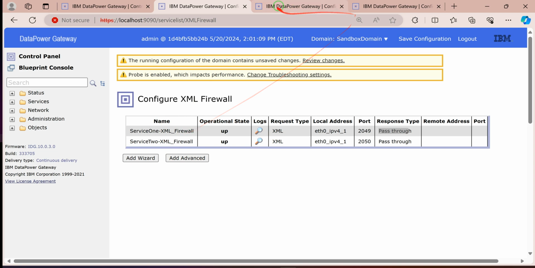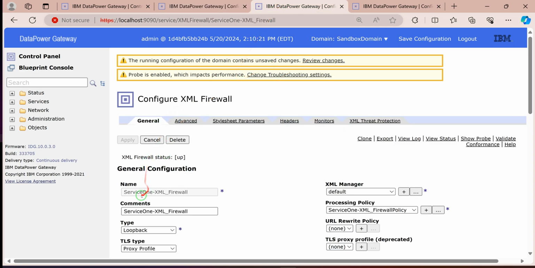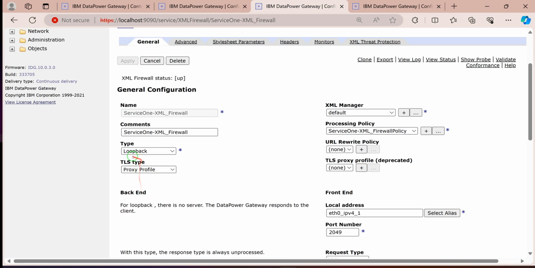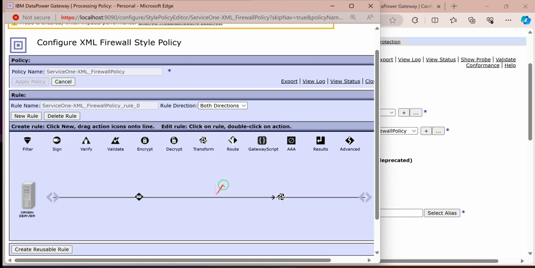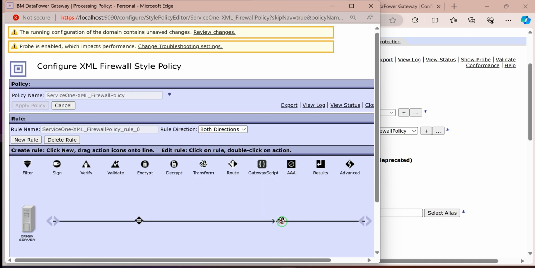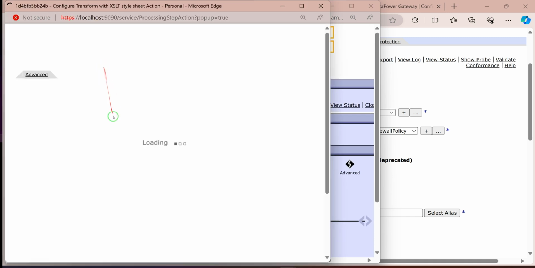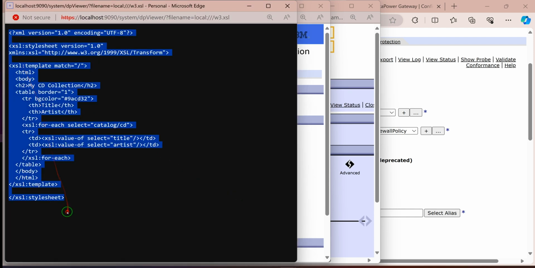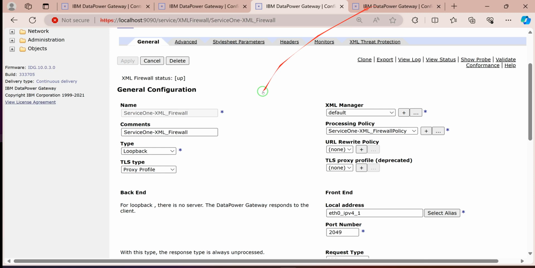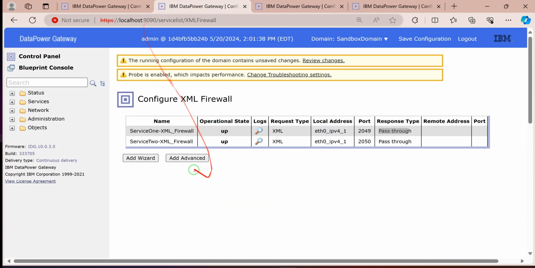If you open one of them, this is service 1. All I did was create a loopback service. On it I add the XSLT transformation file where I manipulate my data into this structure. Just view it. This is the structure. I will send the data, and it will be structured this way, with only data on artist. Close that one, and right now I want to create a dynamic